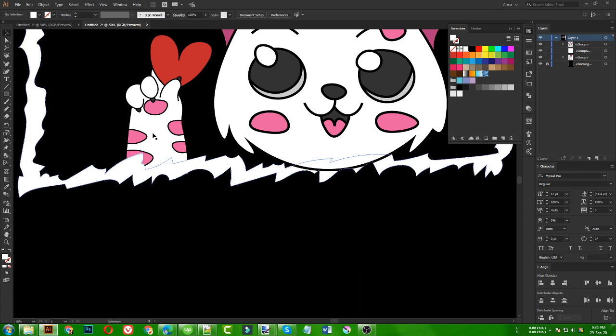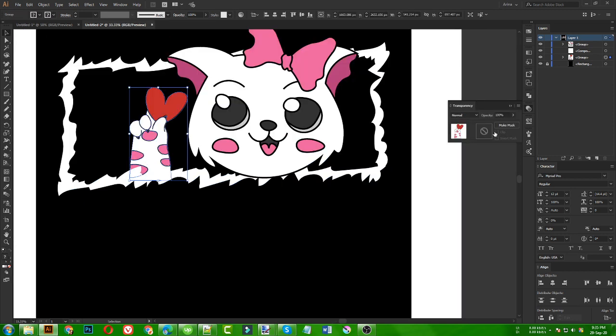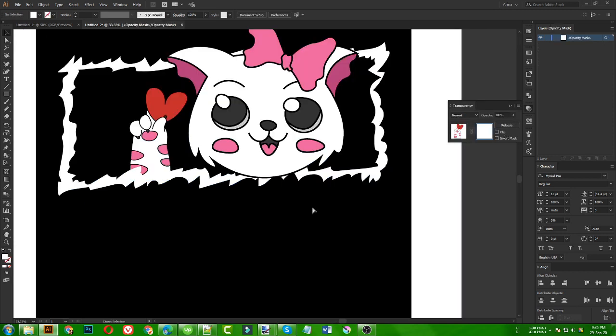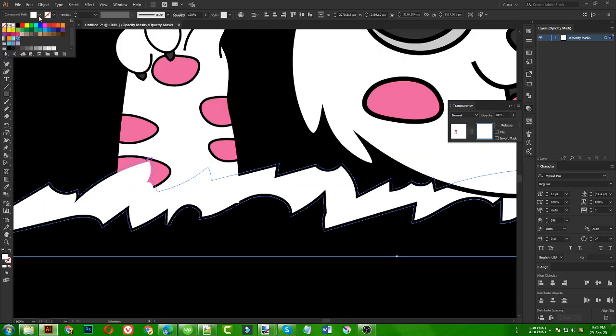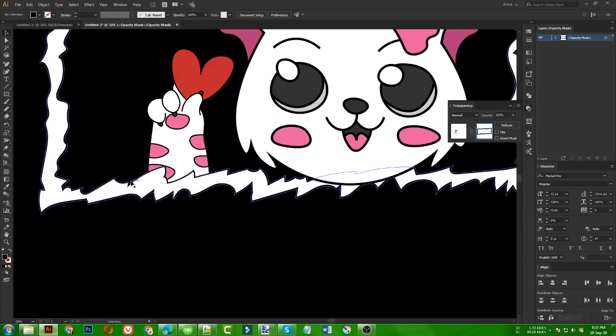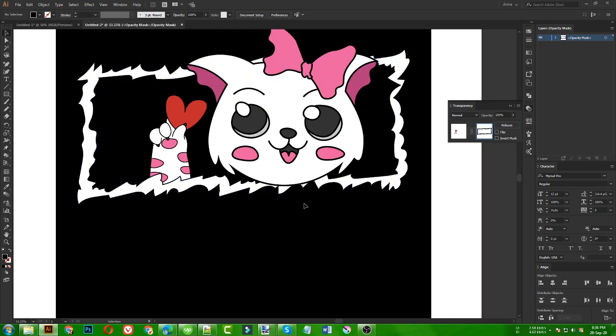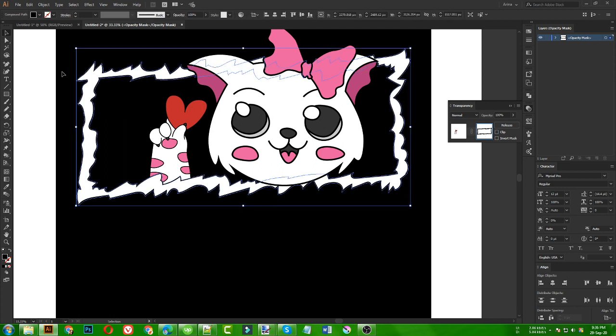Once that is in my clipboard, I am selecting this hand here, opening the transparency for that, then paste in front. So as you can see, this is not working because this is in white, so I need to make it black. Once it is black, you can see this is looking good, like this shape is on top, so it is making an extra part for that. And once this shape is on my clipboard, I am going to make a copy, then I am going to get out from this area.